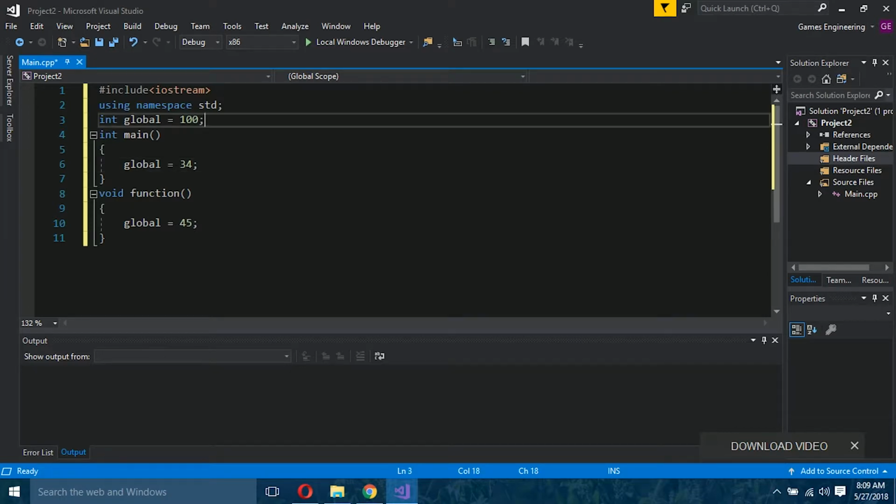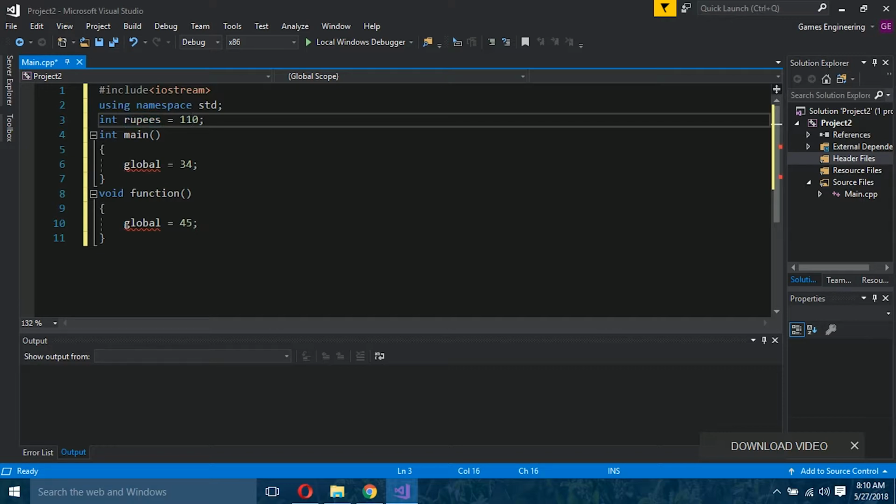Now the question is, why use global variables? For example, I have a fixed value and I want different values to be multiplied by it, but changed by using only one value. I can do this by using a global variable. For example, I want to convert dollars to rupees. I have a variable named rupees, and it is equal to